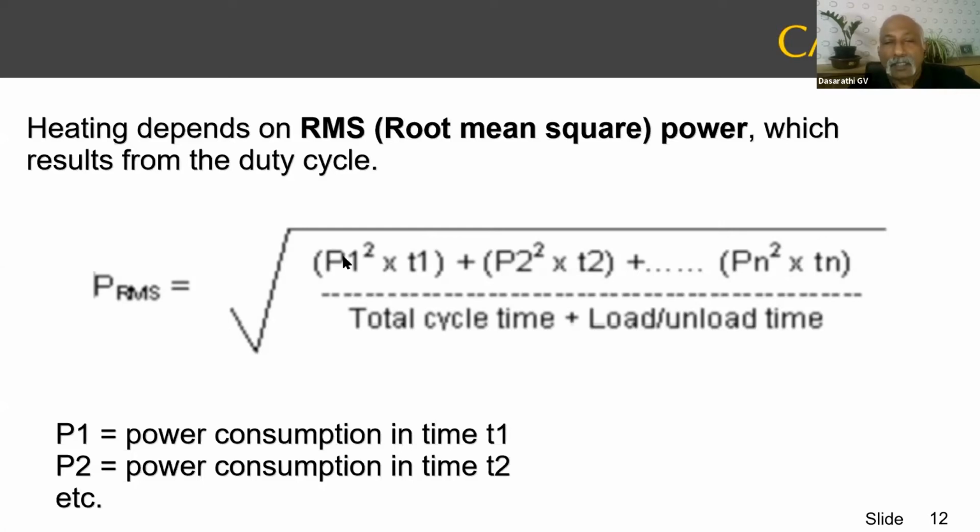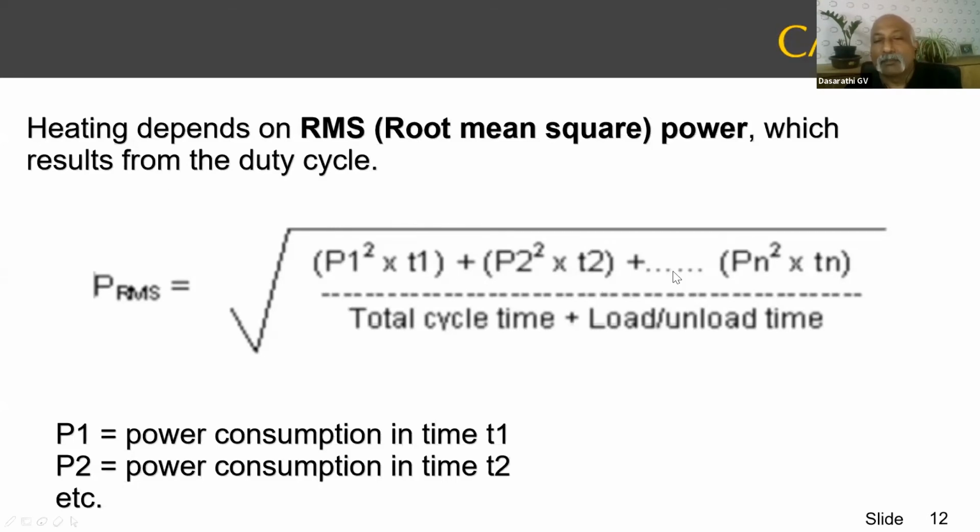The power one, P1, is, let's say, the part loading and unloading. P1 is 0, T1 is maybe 10 seconds. For 10 seconds, you're loading the part, so 0 squared into 10 seconds. Then you're doing rough turning, where maybe you're using, let's say, 10 kilowatts. So 10 squared into the time for it, maybe 60 seconds. So 10 squared into 60.